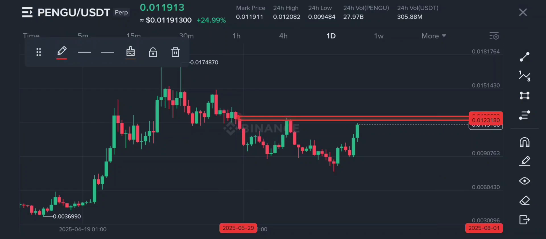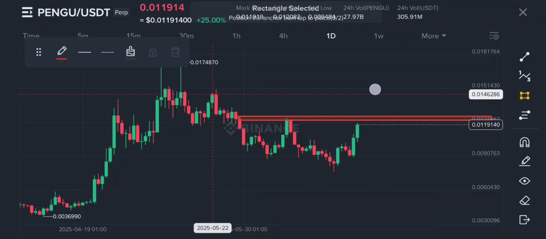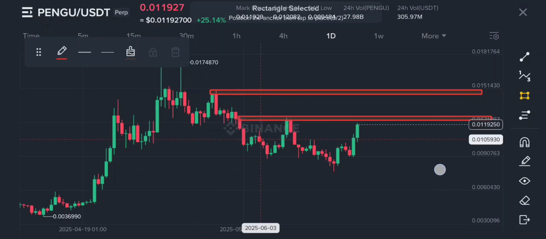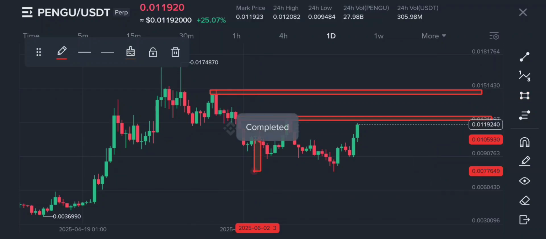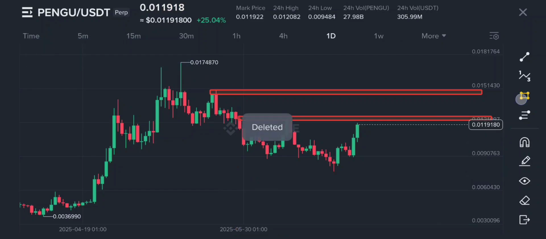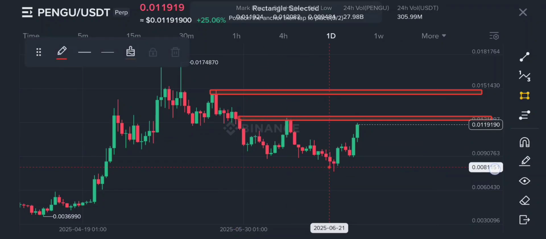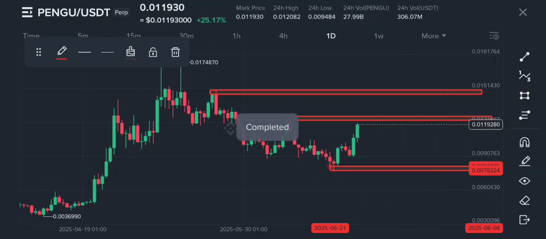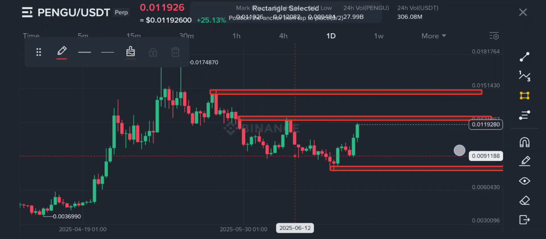Red for higher time frame. So I'll also mark out another point of interest here. Okay, another point of interest here. I will also mark out another point of interest here. Yes, this is a point of interest. This also is a point of interest,